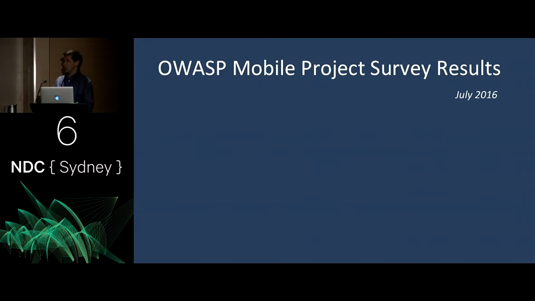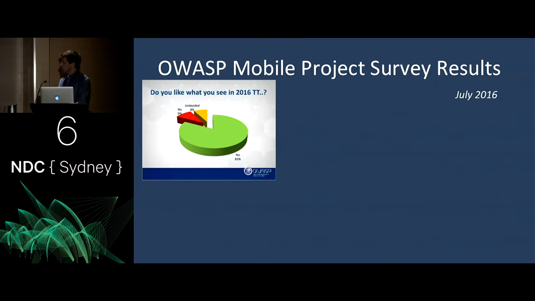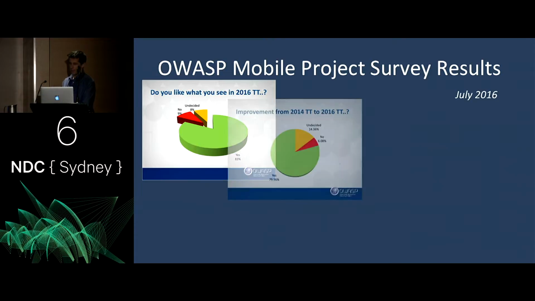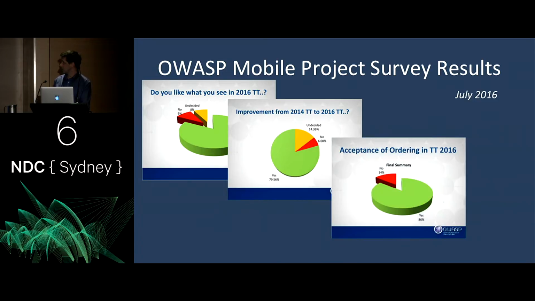Now, fairly hot off the press, as of last month, there has been now some formal feedback on that release candidate list for 2016. So I tend to work to 2016, but if you've got security policies, they'll probably refer to the currently active one, which is the 2014 list. So far, the response to the 2016 list has been, do you like what you see? Overwhelmingly yes. Is it an improvement? Overwhelmingly yes. And do you agree with the ordering of the top 10? And again, overwhelmingly yes. It's not quite unanimous, so there may be some tweaks and reordering to the list before it becomes the final list and we lose that RC off it.